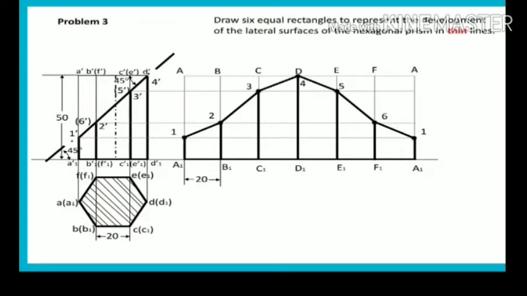Now the retained portion is from A to N. Which part is observed in the front view? That is the retained portion. If you look at the front view, A1 to 1 is a dark line. In the development, the same line will be dark. Similarly, 2 to B1, 3 to C1, 4 to D1, all these lines are shown dark and joined as a dark line. The base is not cut, so it is a dark line.